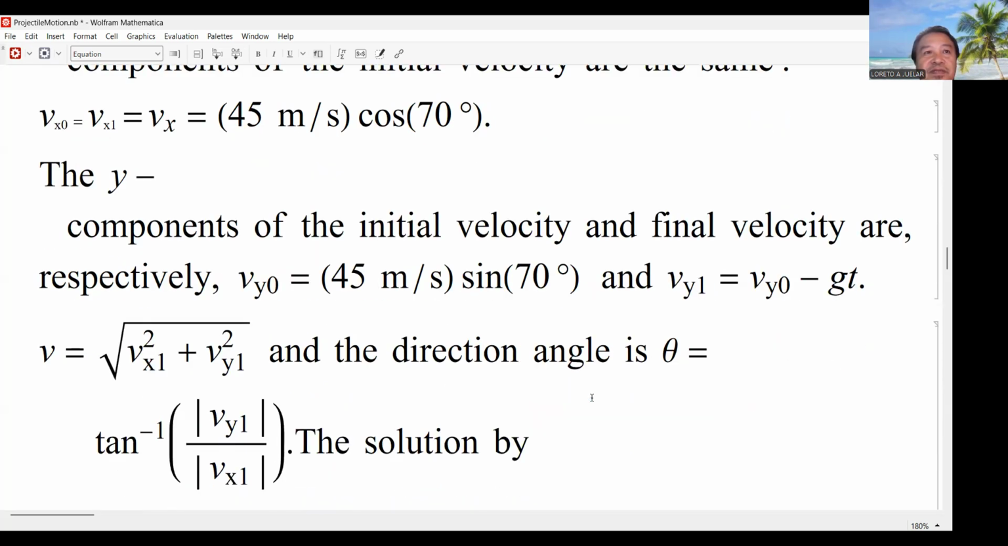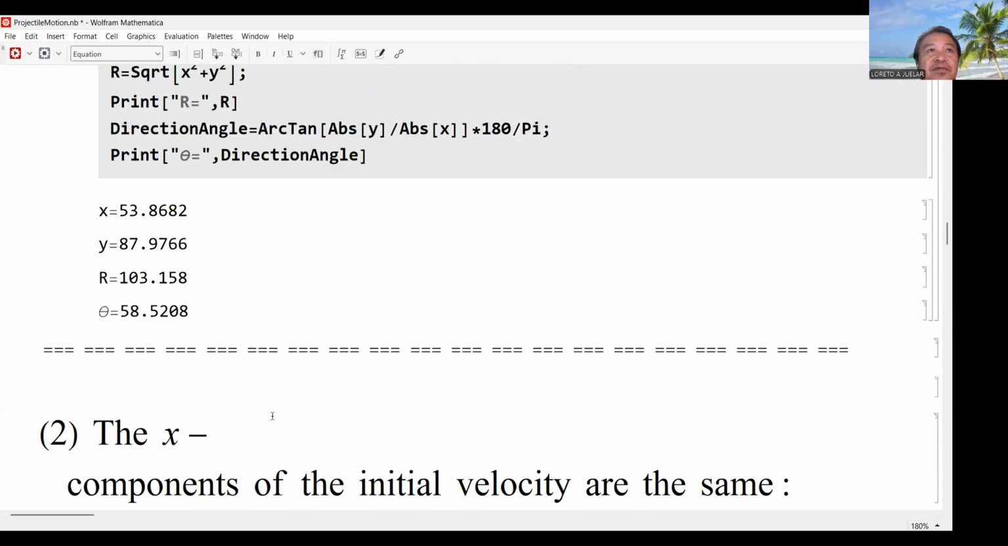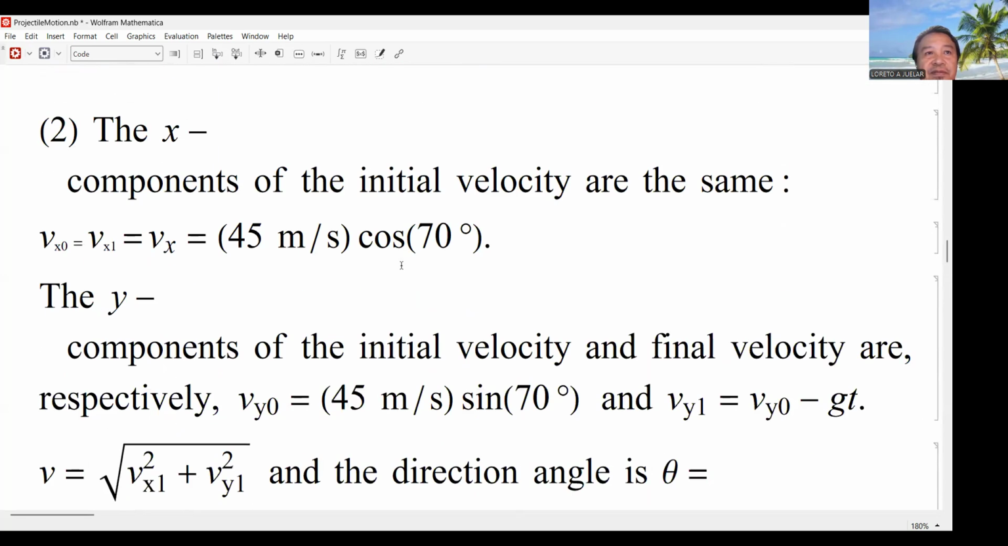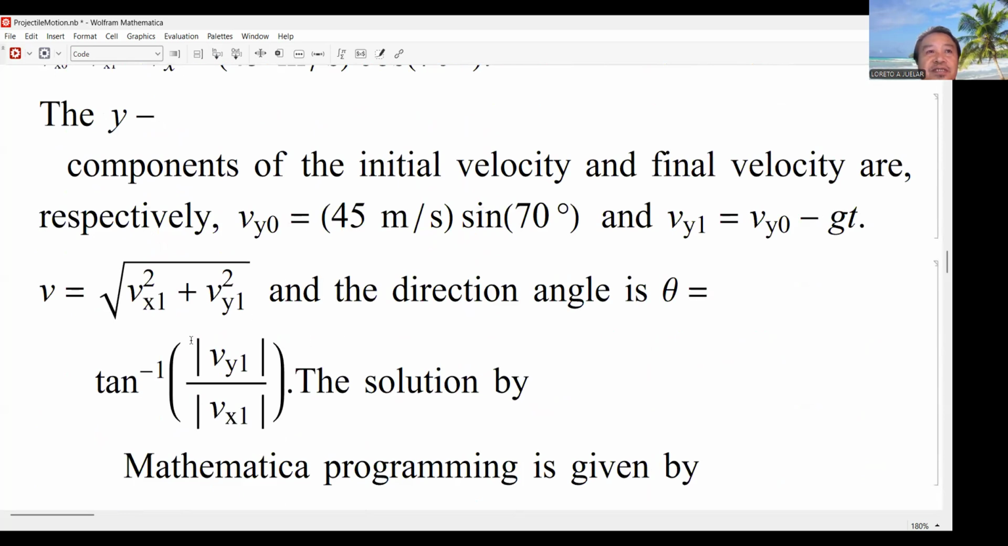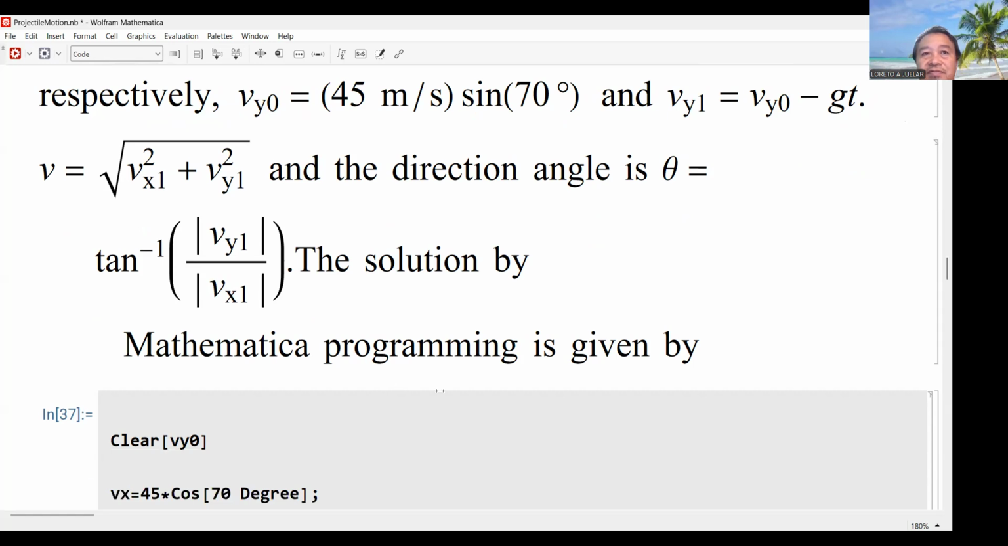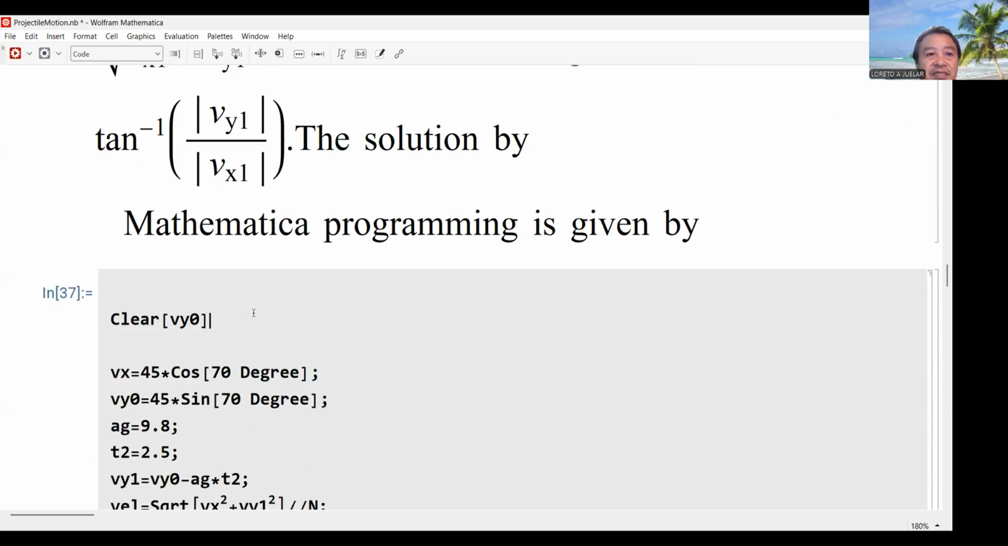Okay, and the direction is given by this. The y component of the initial velocity is given by this: vy sub 0 is 45 times sine 70 degrees. And the direction is the arc tangent of the y component of the velocity over the x component of the velocity. So the mathematical programming is given by, so we have this,